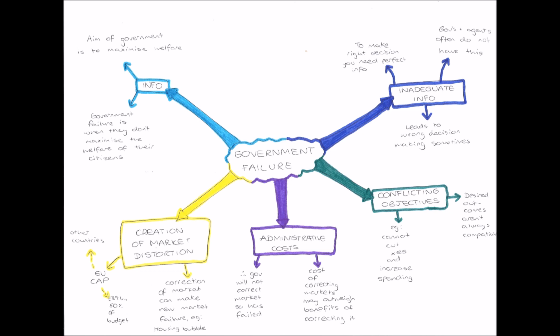And a good example of this is the Common Agricultural Policy of the European Union. I would advise you read up on this, particularly in the small Edexcel Economics AS Unit 1 student book by Philip Allen, because it sums up the Common Agricultural Policy of the EU and how it has failed quite well.